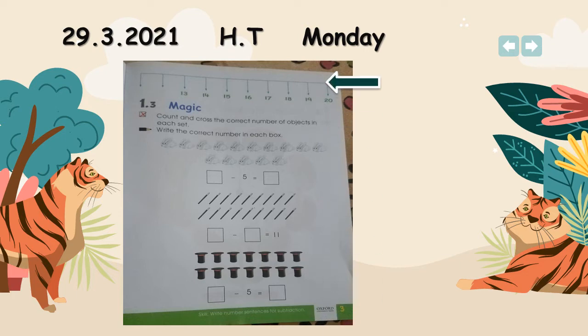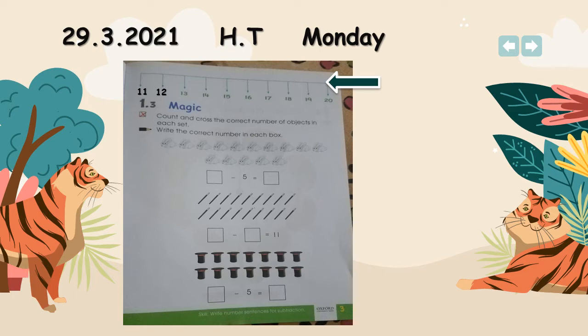And where are you going to write? Top of the page, touch with the line and start your date from the left corner of the page. After completing your date, you have to complete your missing numbers in the number line. Look at the number line and find out which numbers are missing. Exactly, first two numbers. What comes before 13? Yes, 12. And what comes before 12? 11. So write 11 and 12, and the rest of the numbers are already written. 11 till 20. Complete your number line.